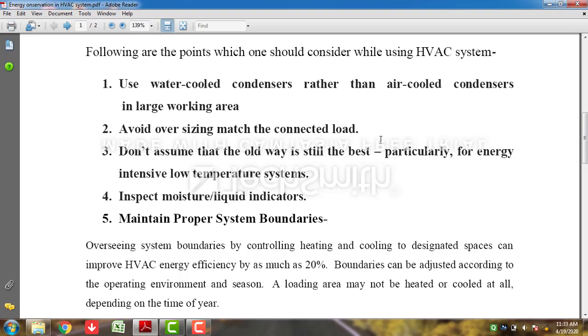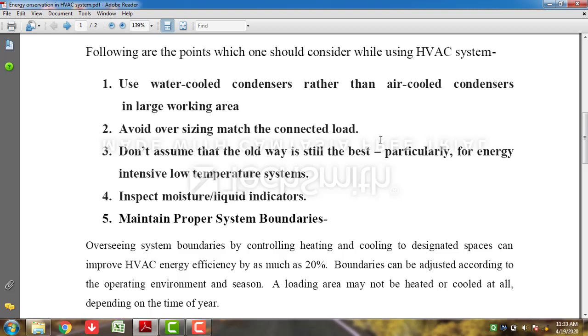There are always two costs, capital cost and running cost. To minimize the capital cost, people do something. We can take an example. I just told you that for a 10 by 10 room, a 1 ton AC is marginally stable, fine. But what people used to do, they used to install a smaller ton AC. Why? Because of the capital cost.